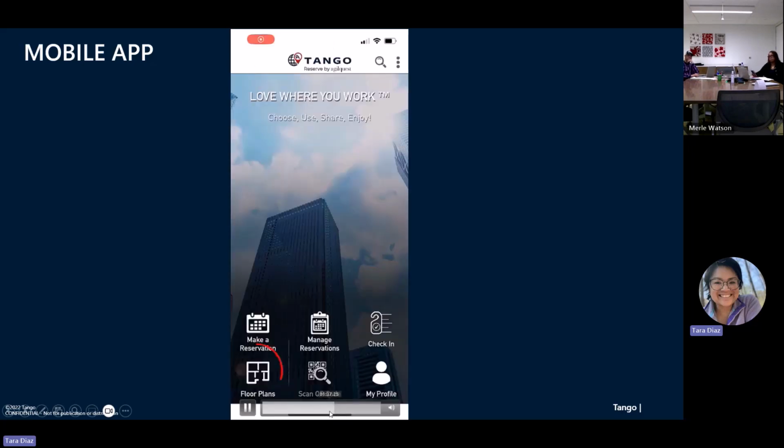And just real quick, let me pause this. If your reservation is beyond 30 minutes, just click on the manage reservation option. And again, you'll still be able to check in to those reservations later in the day if you go to that option. Now the floor plans,